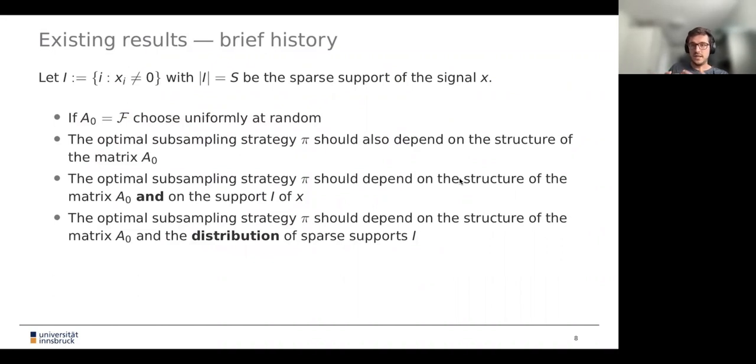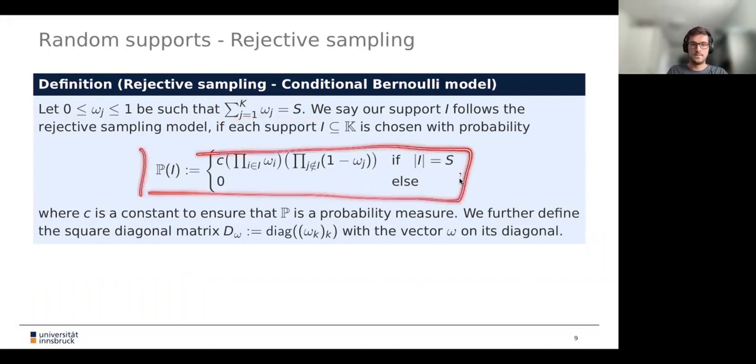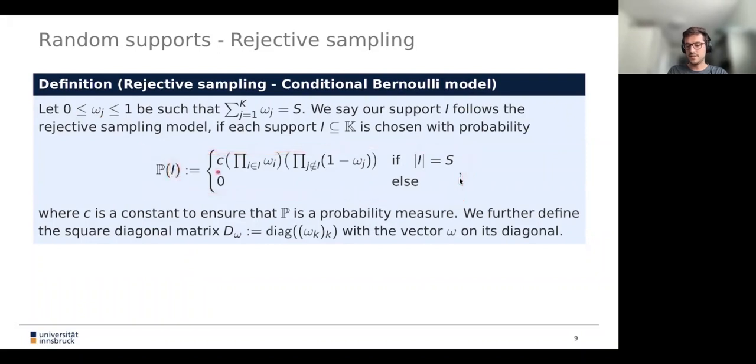So to do this, we need a formal probabilistic model on our supports. We chose the rejective sampling model, which is basically just a probability distribution on all sets I subset of 1 to k with cardinality S. We define this via weights omega 1 to omega k between 0 and 1, which we assume sum up to S. And then we say that our supports follow this distribution if each I gets picked with this probability